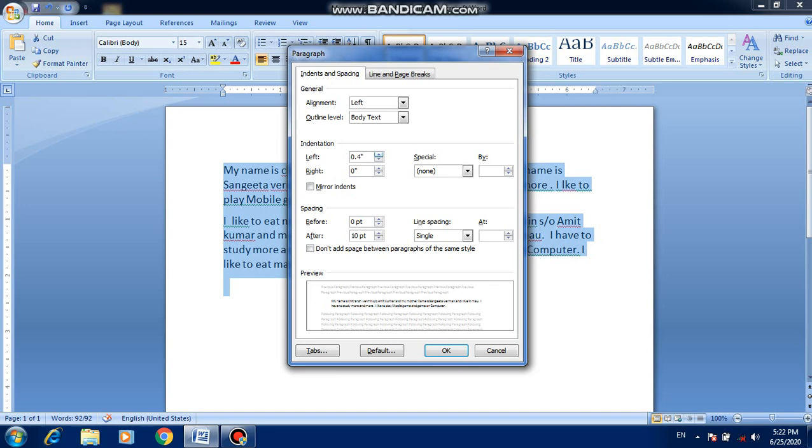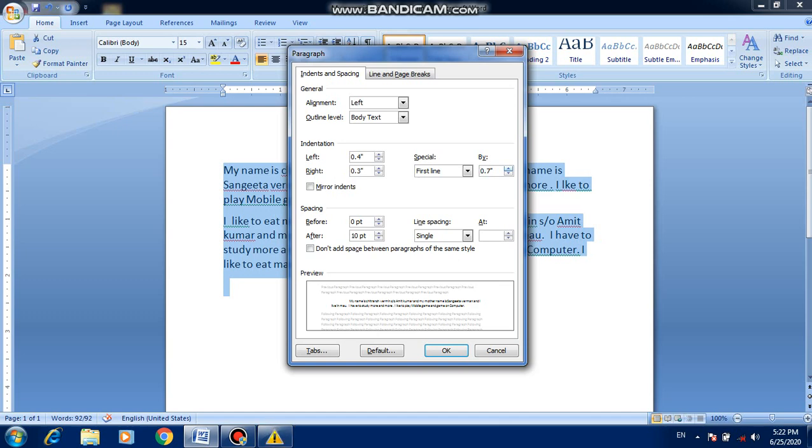You can add here 3 point. From right you can also set whatever indent you want. Under Special, there are first line and hanging. The first line you can also add, whatever you want. You can give indent like that.